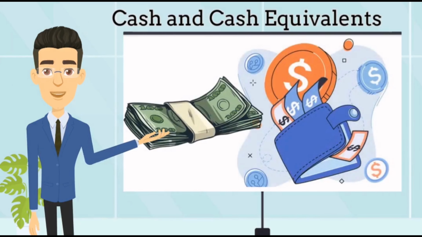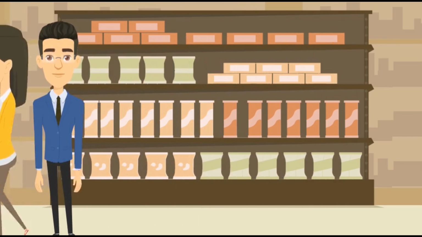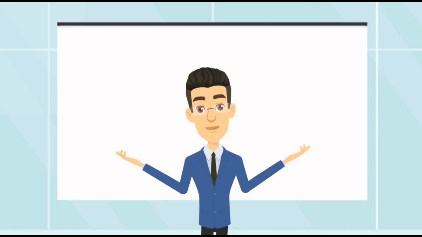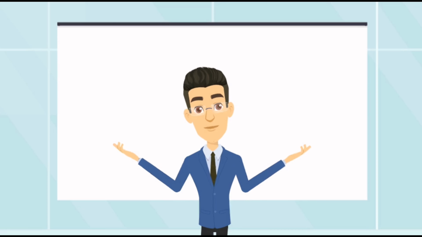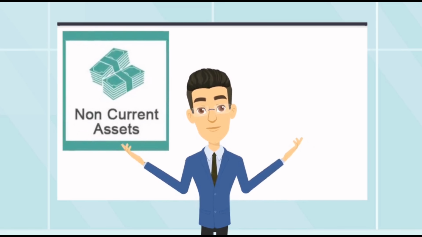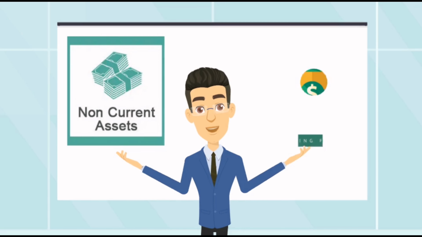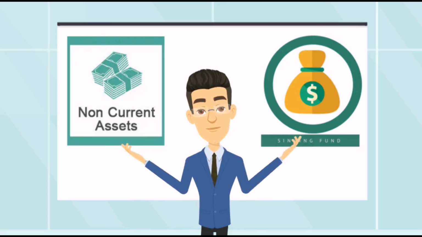Cash and cash equivalents are considered current assets because they are an entity's most liquid asset and can be promptly used to meet its day-to-day expenses. However, this is not always the case, since in some circumstances, it is more appropriate that cash should be classified as a non-current asset. For instance, you have cash in a sinking fund that is set aside for bond payments